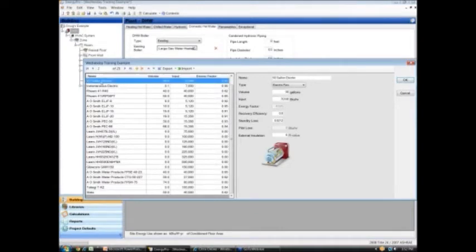I can click here and I can name it 50-gallon gas water heater, or whatever it is. The type, it's gas fired, it's 50 gallons. The input, 50,000 BTUs. The energy factor, you guys, I know